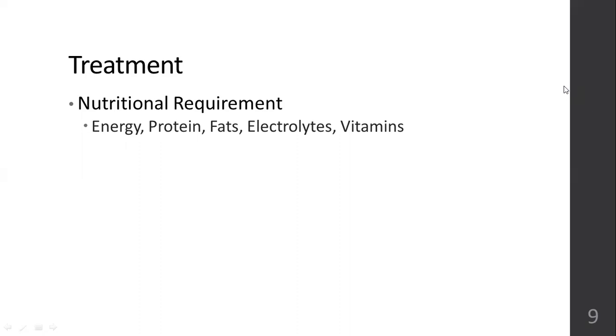Then protein, around 2 grams of protein per kg body weight at least has to be given. This is a high amount. Okay. But why? Because the child has to overcome the growth retardation. The child has to keep up with the growth of its peers. So high protein has to be given. Only then will the child grow in height, gain weight, gain muscle. And they can compete with their peers of the same age, healthy peers. So at least 2 gram per kg body weight protein has to be given. It cannot go less than that. It should not go less than 2 grams.